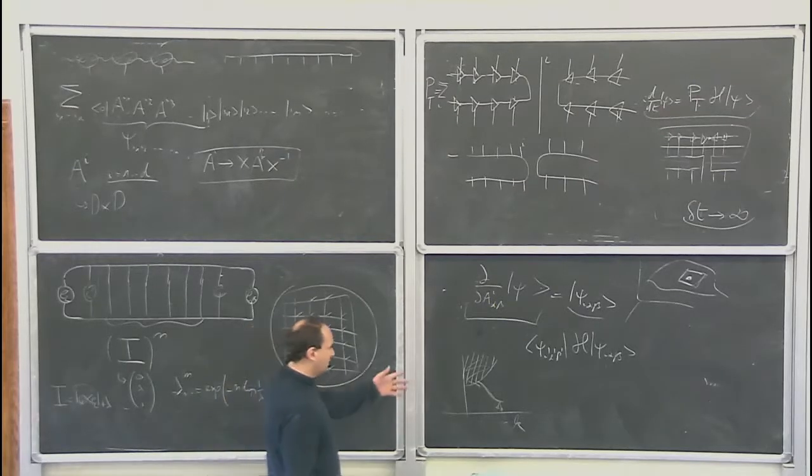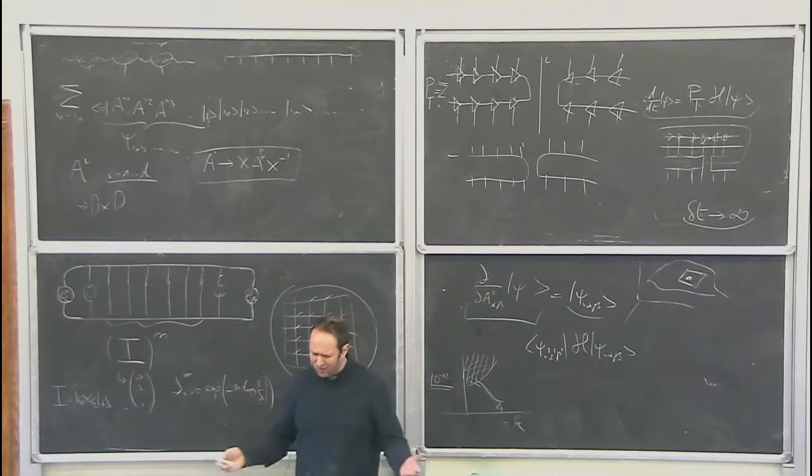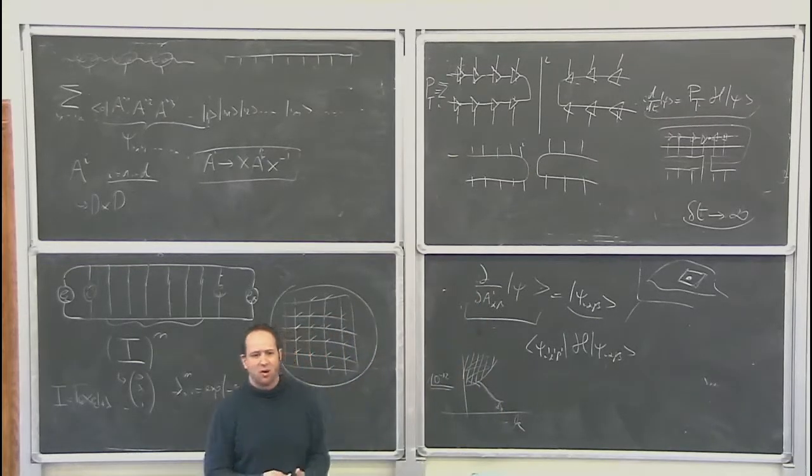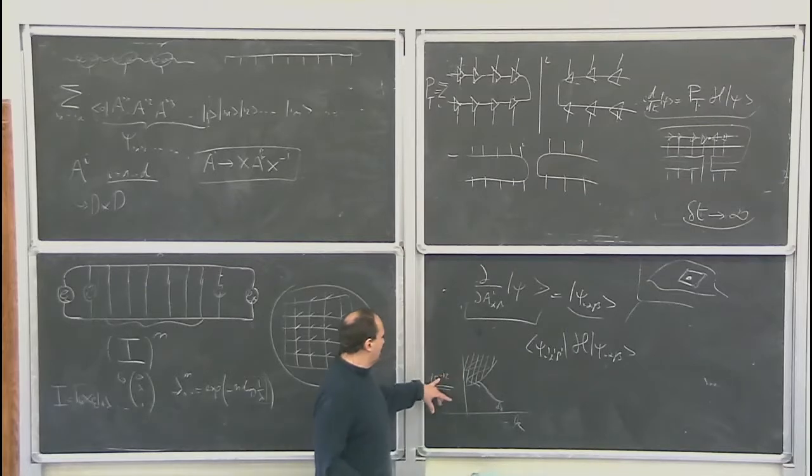If you do this for the spin 1 Heisenberg model, you get these objects with a precision of like 10 to the minus 12. So you know these energies, you know this Haldane gap, using this method with an incredible precision. There's no other method by which you would be able to calculate these kind of things. So the really exciting thing is actually